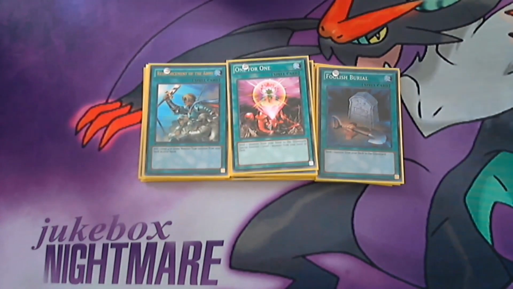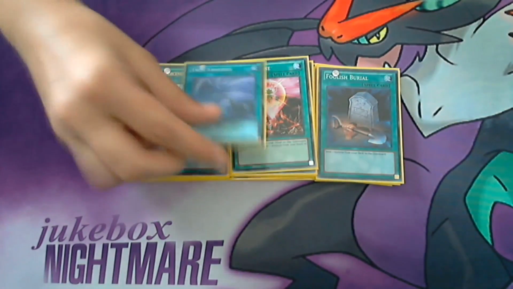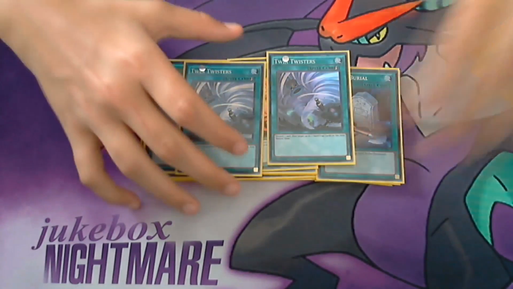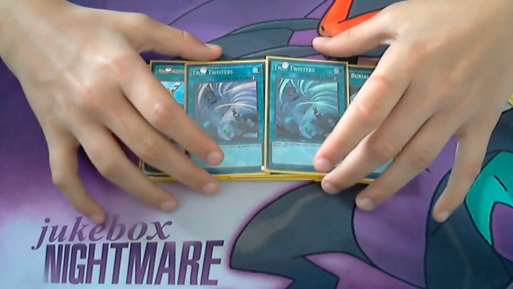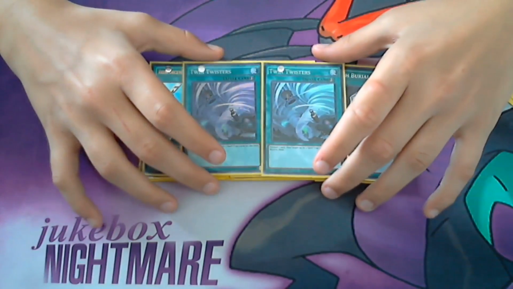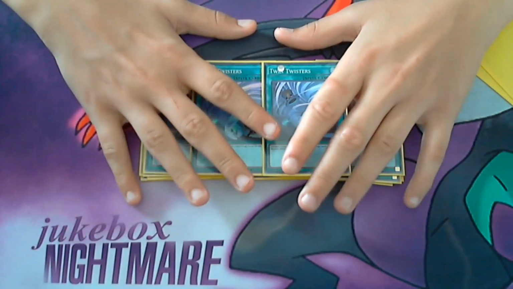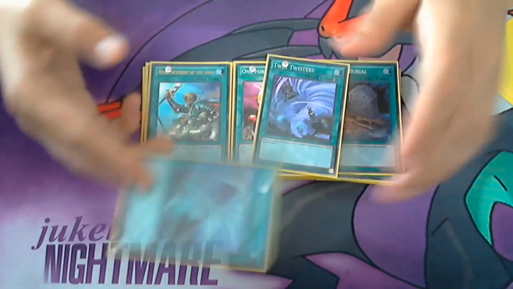Awesome. Then to round off the spells, we're just playing 2 copies of Twin Twisters. I actually decided to main deck 2 of these because I feel like it's a great card, especially in this deck. A lot of decks can't really main this because of the discard part, but this deck has a lot of discard targets. You can discard Erebus or any big one,